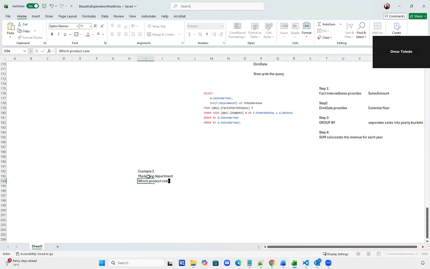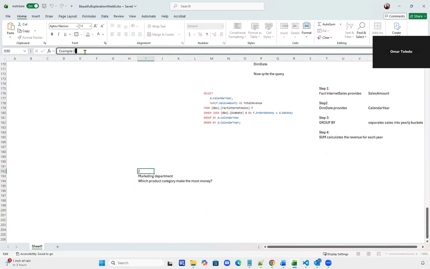Which product category makes the most money? Real question, right? Which product category makes the most money? Okay, so in this example, we can write here